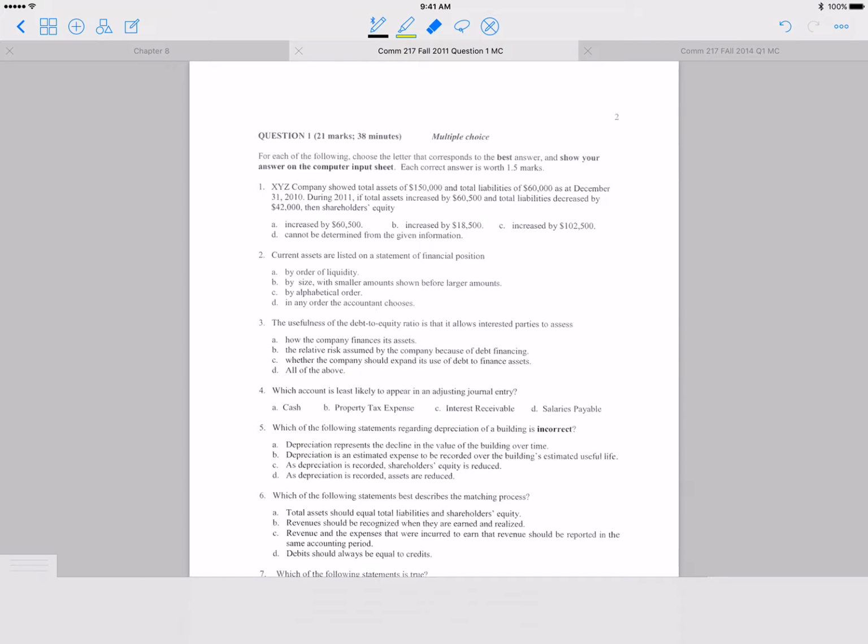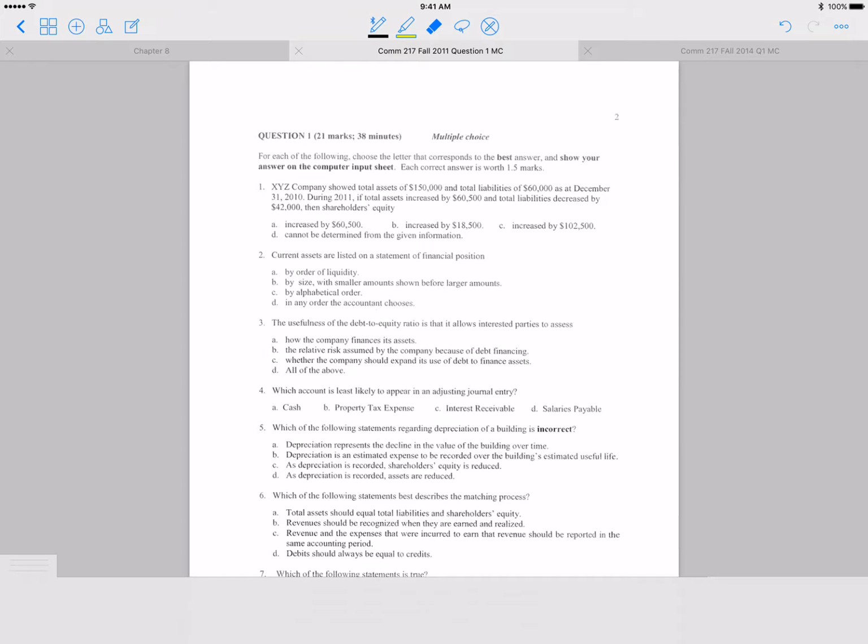Hi everyone, today we're going to be solving the COMM 217 2011 midterm, question 1, so the multiple choice section. So let's begin. Number 1: XYZ company showed total assets of $150,000 and total liabilities of $60,000 as at December 31st, 2010. During 2011, if total assets increased by $60,500 and total liabilities decreased by $42,000, then shareholders' equity